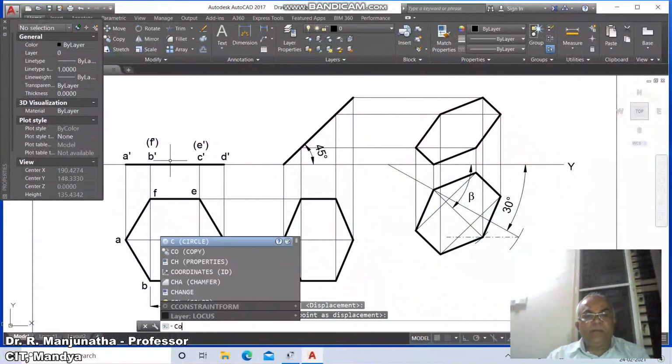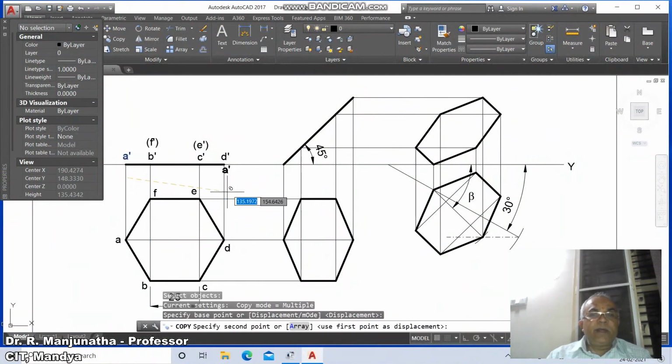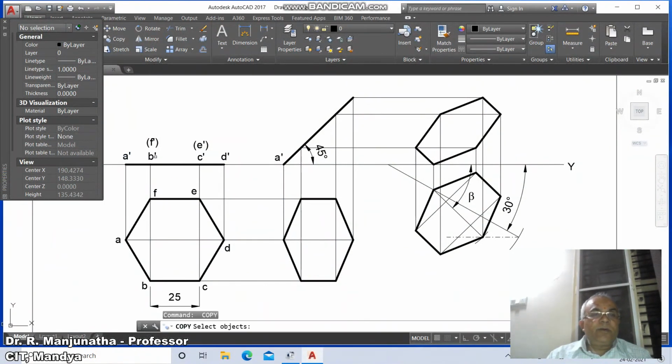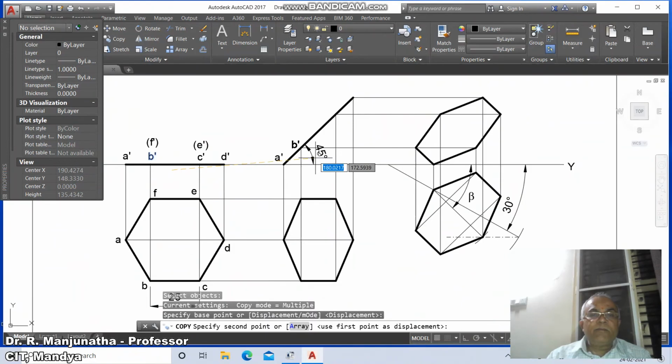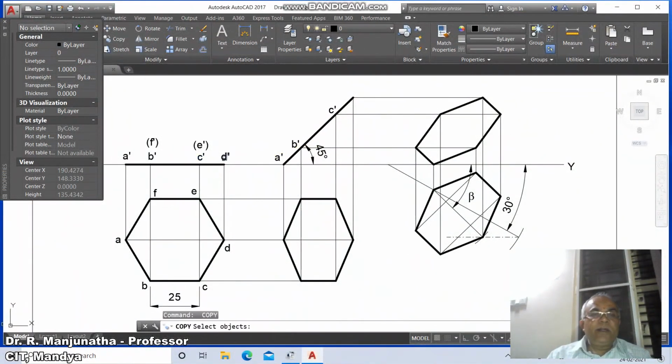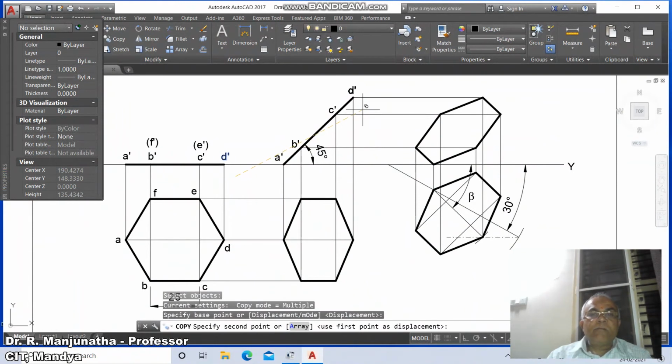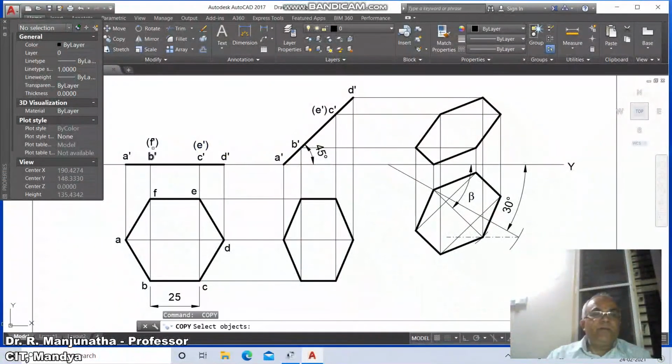Then go to copy, type A dash, then come down to B dash, then come down to C dash, similarly D dash, then E dash, then F dash.